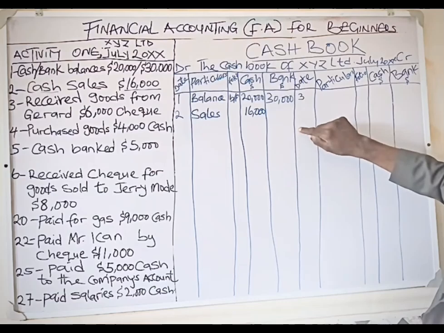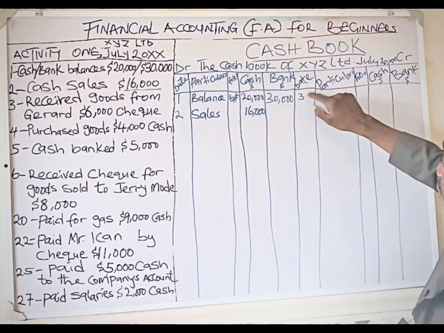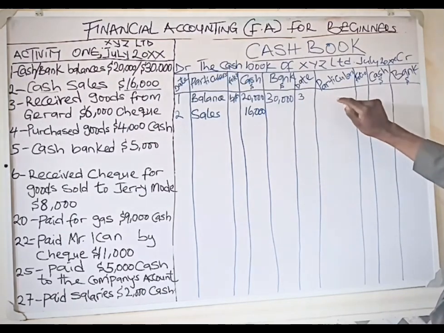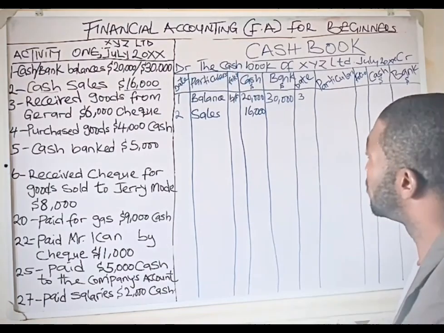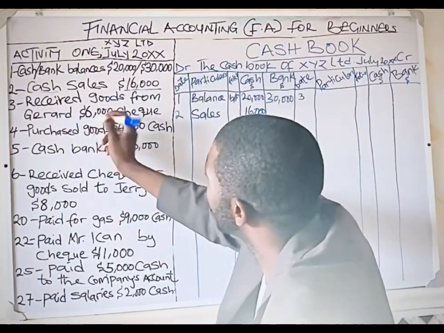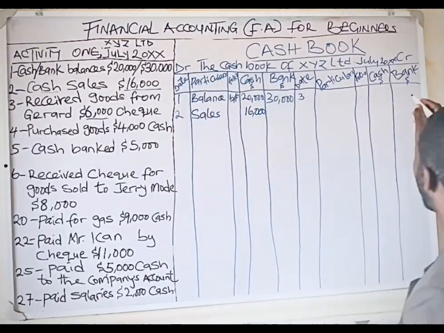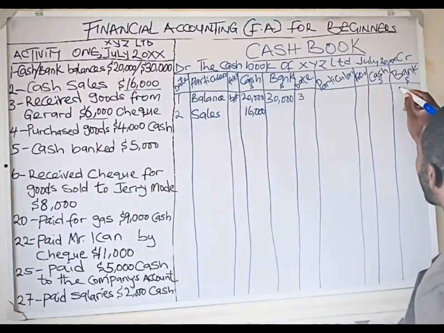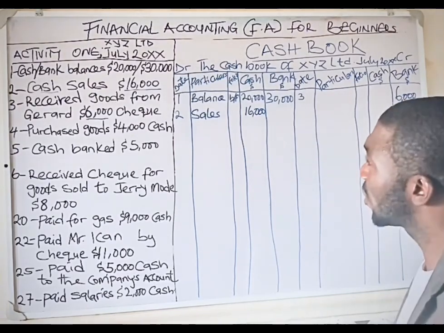No, you will come to the first line and put the date of the transaction that affects the credit side. So on the 3rd of July, we pay $6,000 check bank. That is, we pay $6,000 using our bank